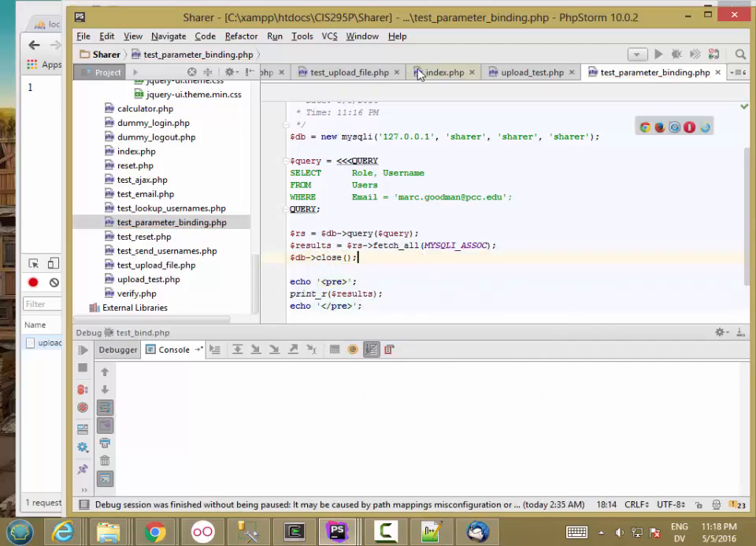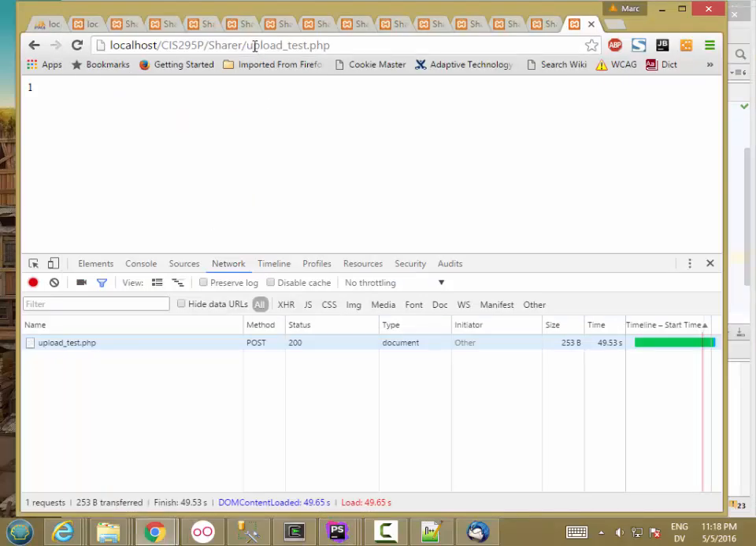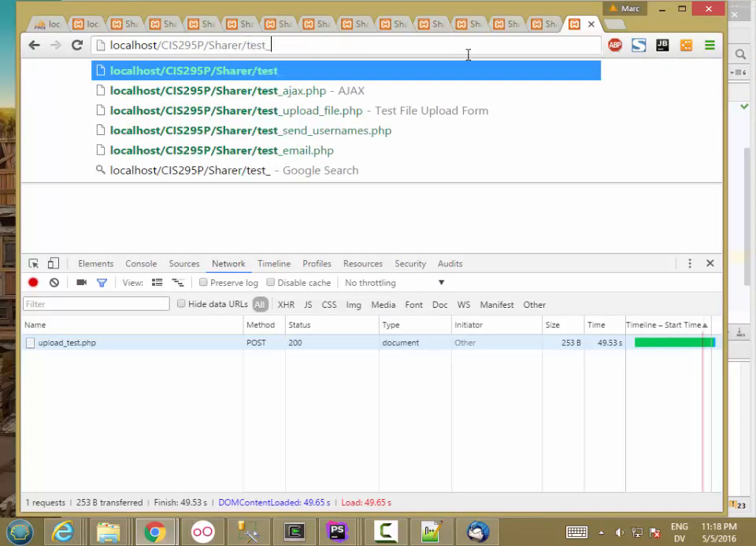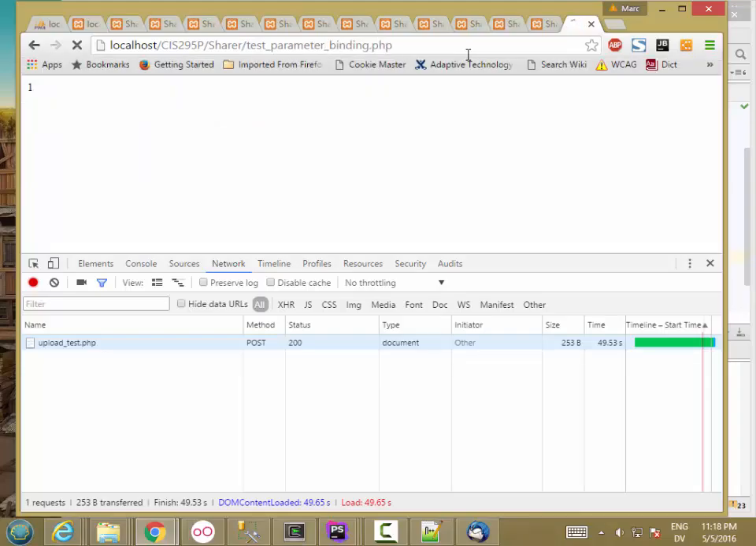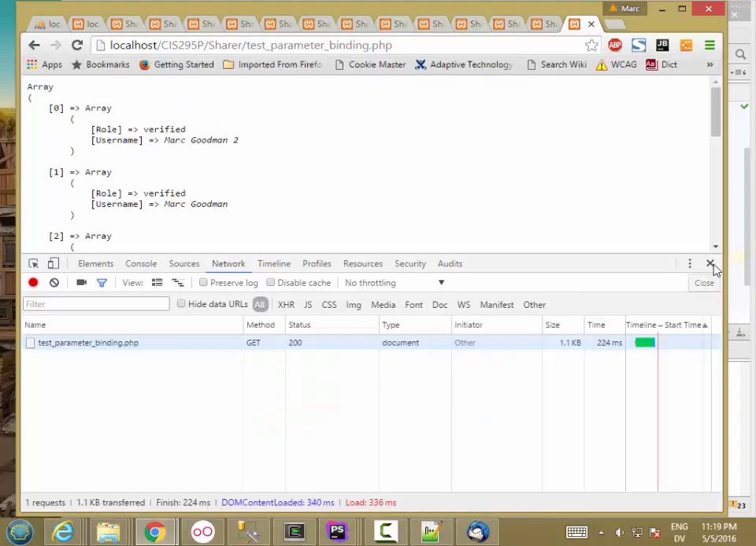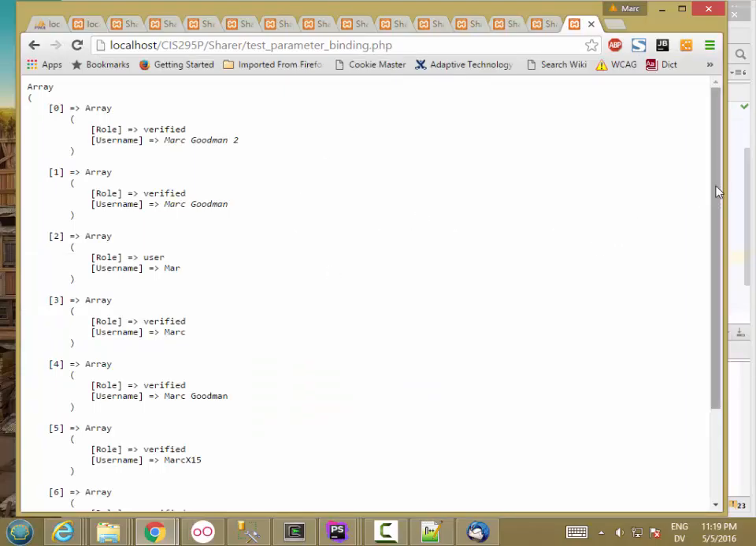Then I'm going to test this page. So this is test parameter binding, and it's user facing, so test parameter binding.php, and it works. Here's all my users that have the email address